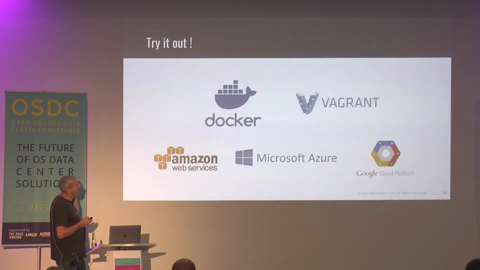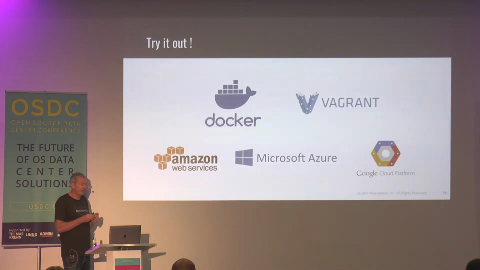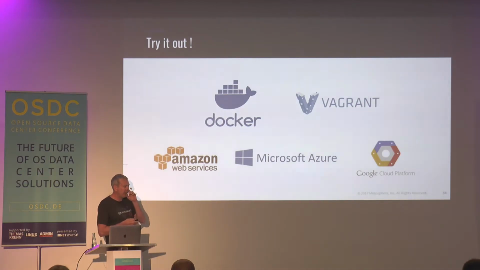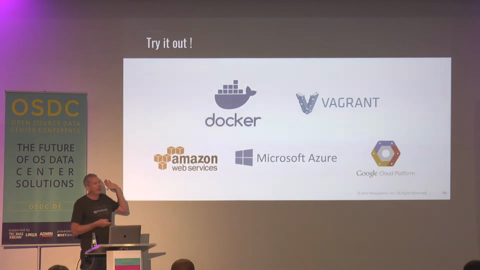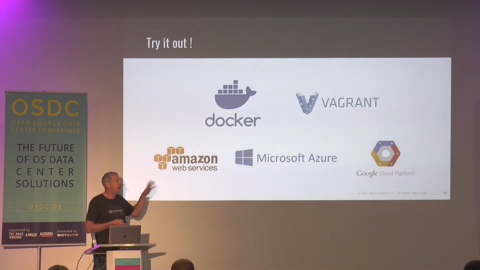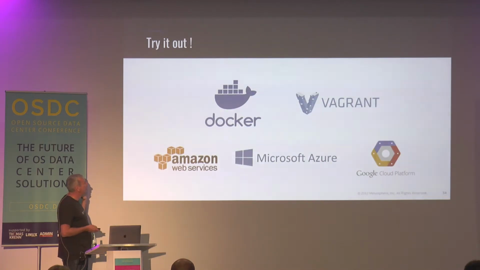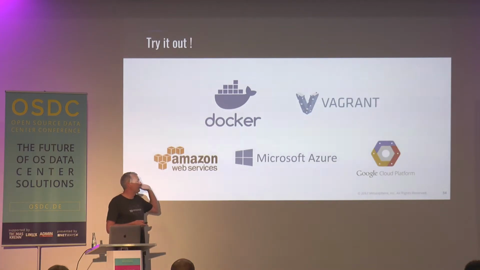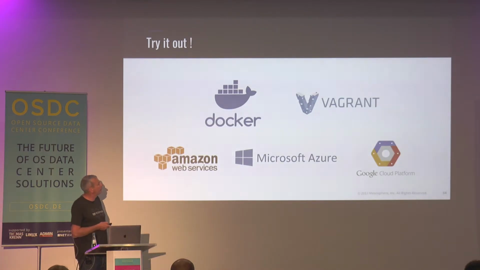So, coming to the end, there's a bunch of ways that you can try it out if this has been something that you might be interested in. We have a DCOS Vagrant project in GitHub, so you can spin it up in Vagrant. There's a DCOS Docker project as well, where you can spin it up locally in Docker. And there are automation scripts for all of your cloud platforms of choice.